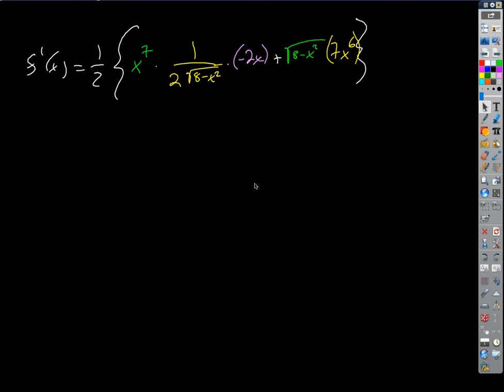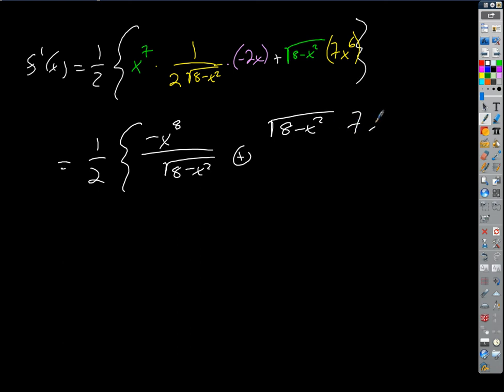But I could also just write this as fractions and get a common denominator, right? So I could do this, get the very same answer. I could write this as 1/2 times, if that's a fraction, it's just x to the 7th over 2 times the square root of 8. The 2's cancel, right, and that becomes an 8, I guess, if I combine. If I multiply those out, we agree. There's the first term. Second term is just going to be square root of 8